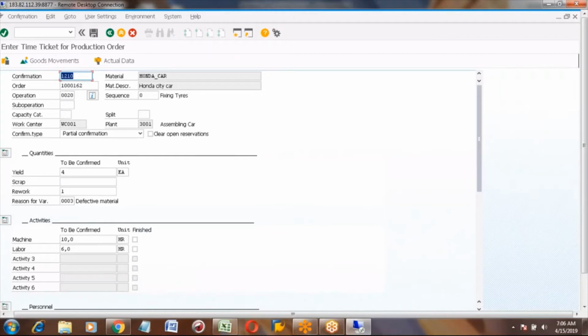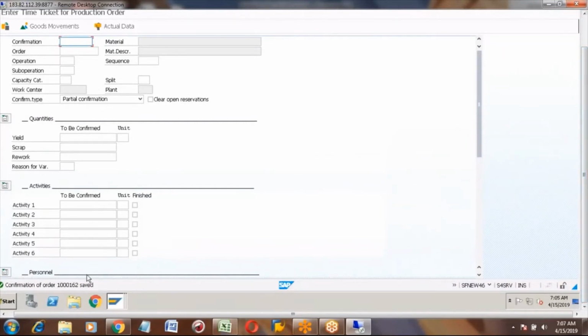Okay, just one second. You can save this. Click on the save button. So this operation also got saved. Confirmation of order saved.